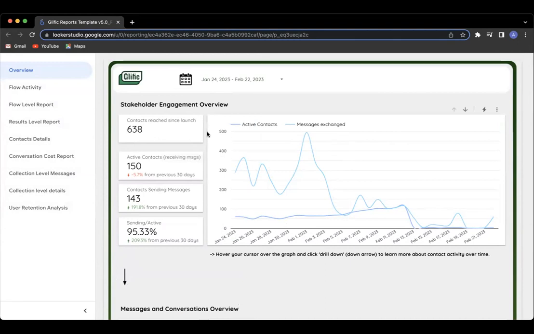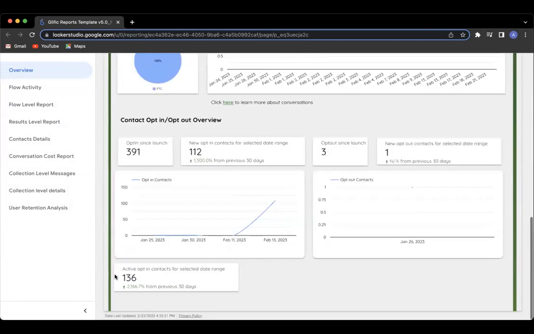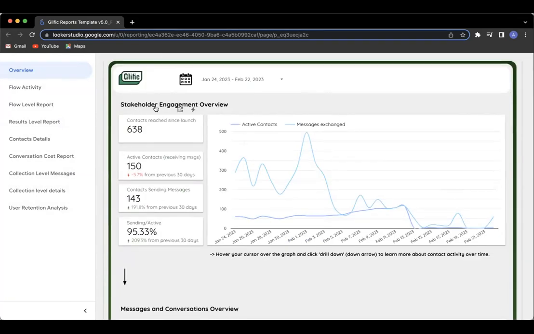Now I'll dive in and explain each page to you. So in the overview page, it's broken into 3 parts, right? So the first part is the stakeholder engagement overview, like you can see over here,